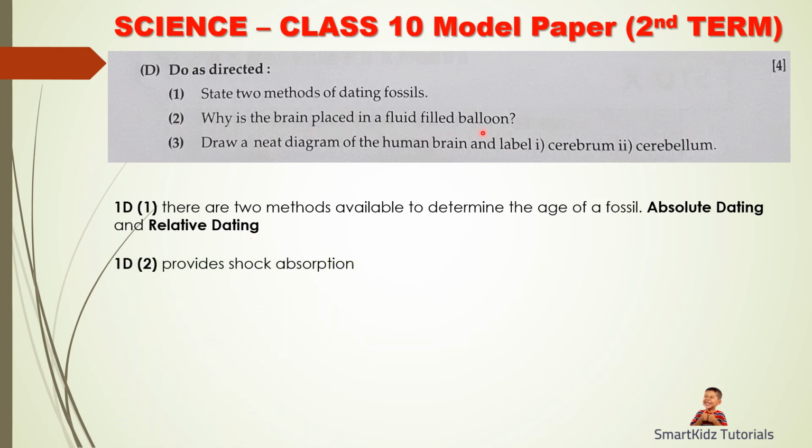Why is the brain placed in a fluid filled balloon? To provide a shock absorber. The brain is an important part. If the brain gets damaged, our day-to-day function can be impaired. We can even die. So this needs to be protected. The brain is held in a fluid filled balloon, and this fluid filled part absorbs the shock. So if there is any knock to the head, it absorbs it. There are two protections. One is this fluid filled part, and the other is that it is in a bony structure. Two things which prevent direct damage to the brain.